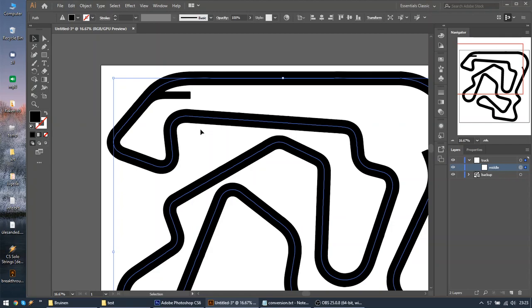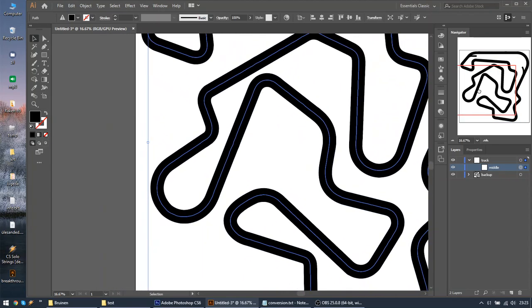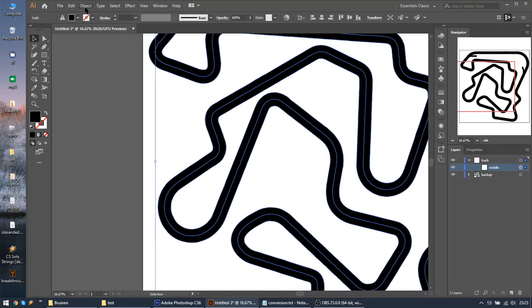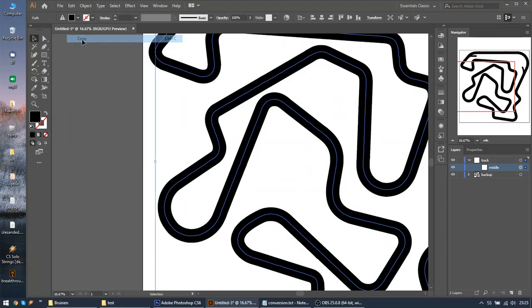Like I said, I'm not too proficient in Illustrator. I've only discovered the things I need to do here, and still I'm sort of clumsy. So bear with me for now. But this looks wonderful, and we have this selected, and we're going to go edit copy,